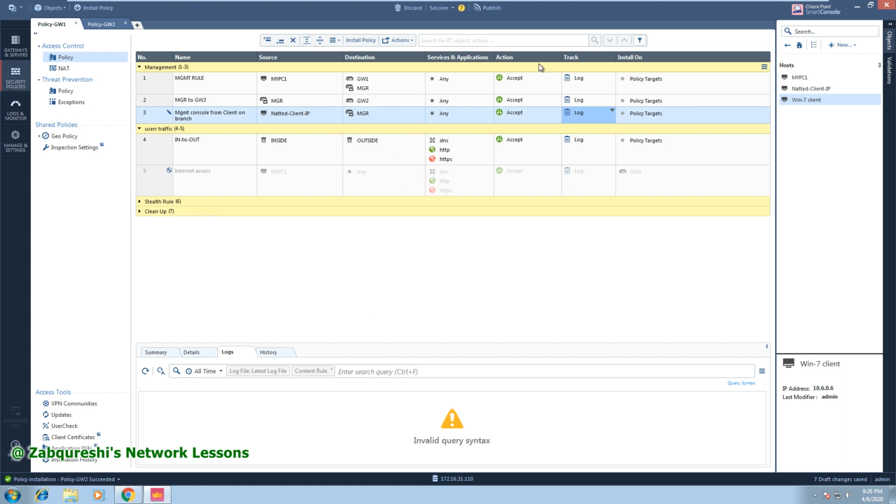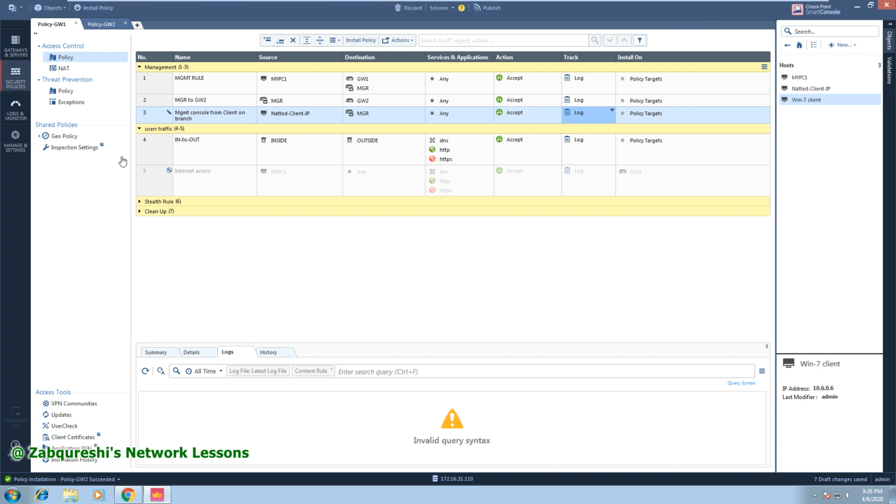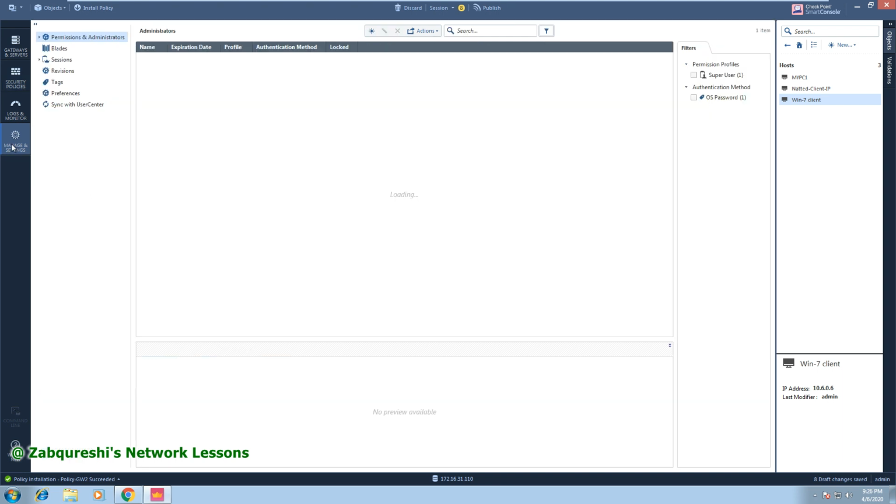So just to confirm that without this policy, the manager will not be allowed. And one more thing you need to do. So let's disable this rule for now, and you need to go to manage and settings. Because we have only one admin, right? So we need to create multiple users here. So you create here,